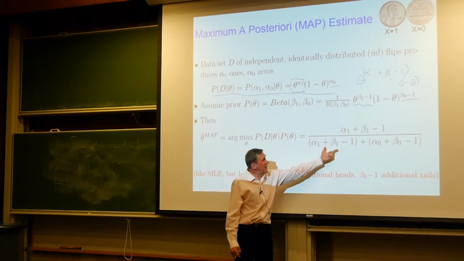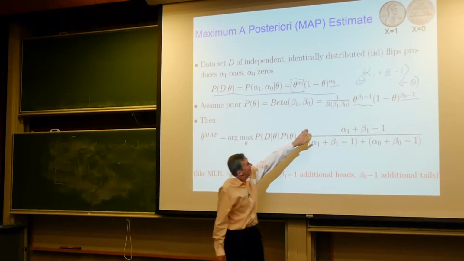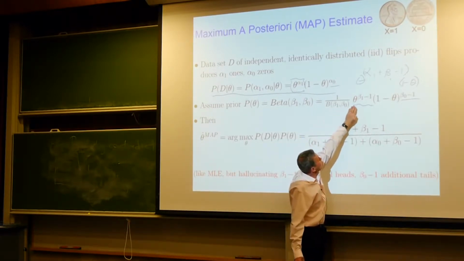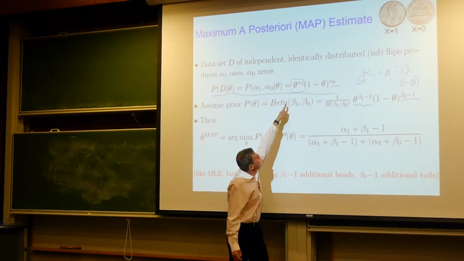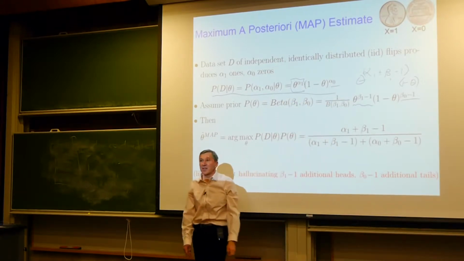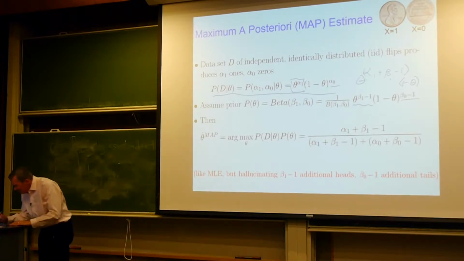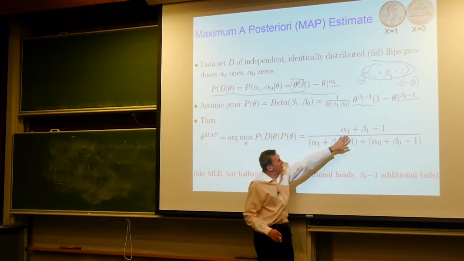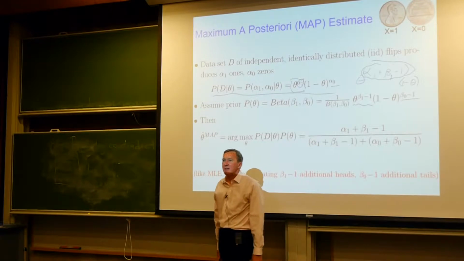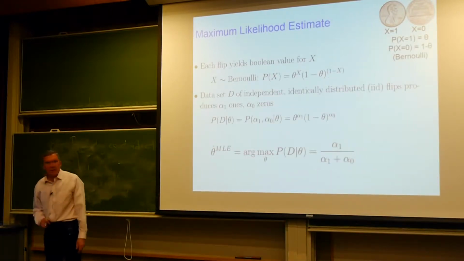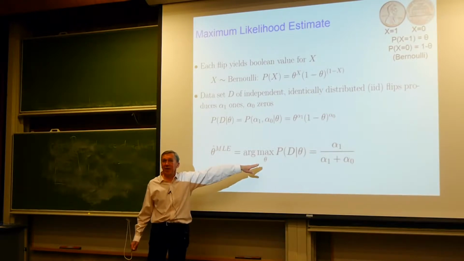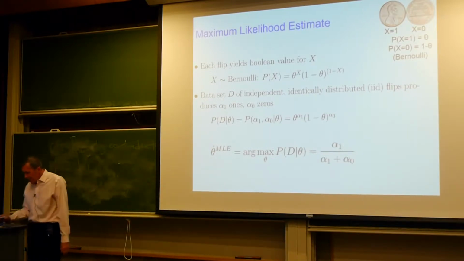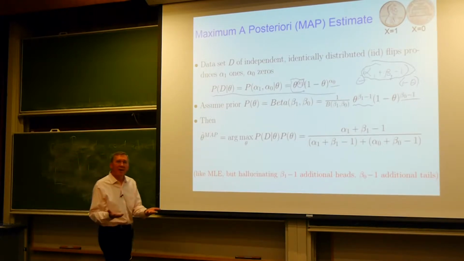The reason this looks so much like the MLE estimate is because basically the mathematical form of this times the data likelihood is just very similar to that data likelihood expression itself, except that alpha 1 here, for example, is now replaced by alpha 1 plus beta 1 minus 1. And so that's why it shows up here instead of just this, as we saw in the maximum likelihood estimate. Okay, so there's some nice mathematics there